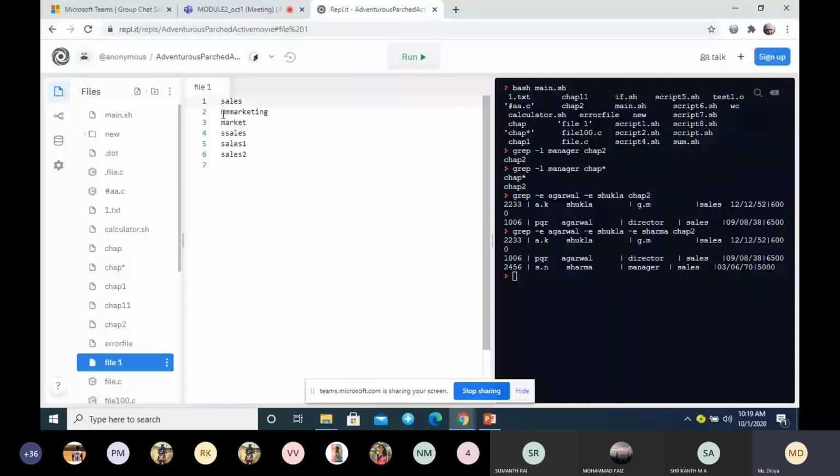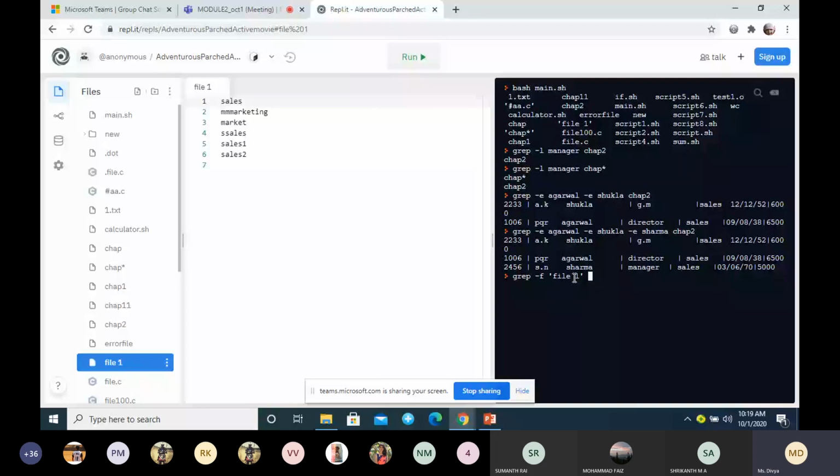So I will give grep -F file 1. Since we are having a space, to escape that space we will be using quotes. This is the escaping character.